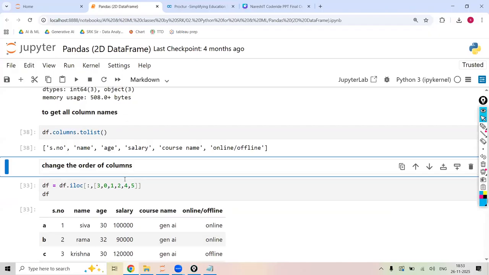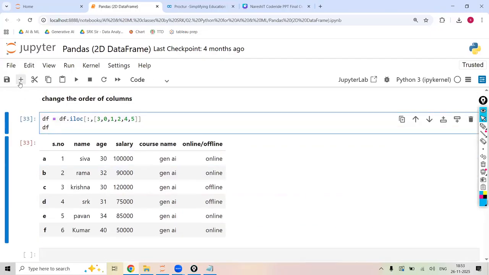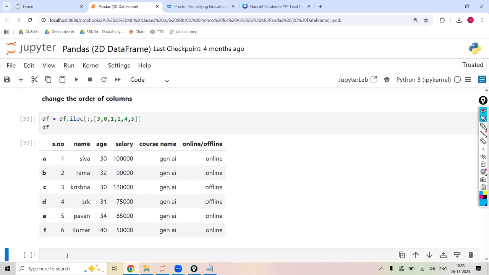To add the column, we have seen. Everyone is clear? Now, sir, I want to add the row. How to add the row next? You have shown us how to add the column. Now I want to add the row. To add the row,